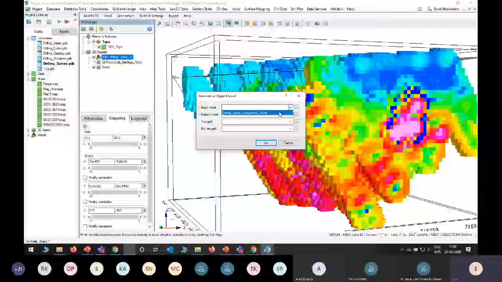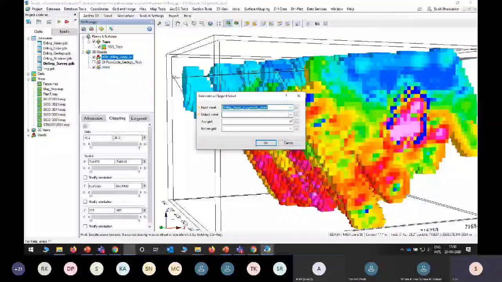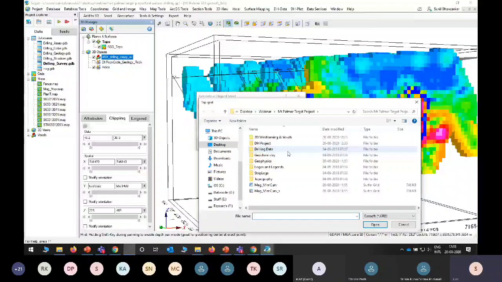Then, if you have a grid file, you need to browse a topographical grid file here itself. Simply click OK. Now you can see the grid is topo clip. This is how you can clip the top.